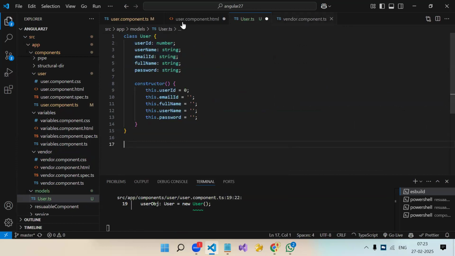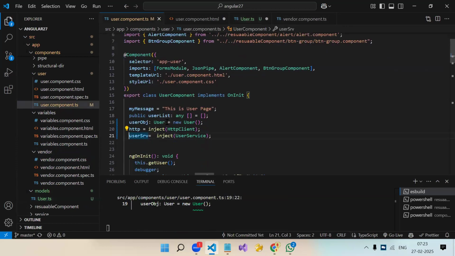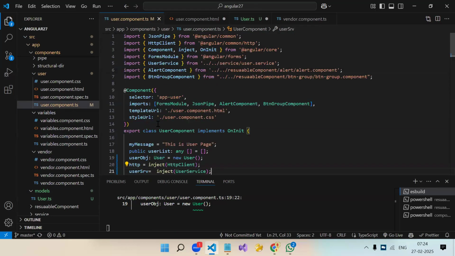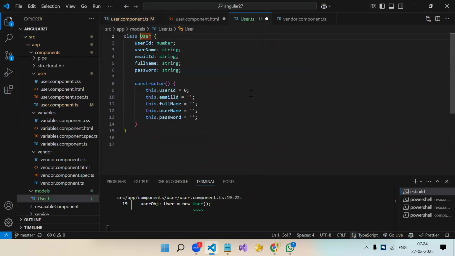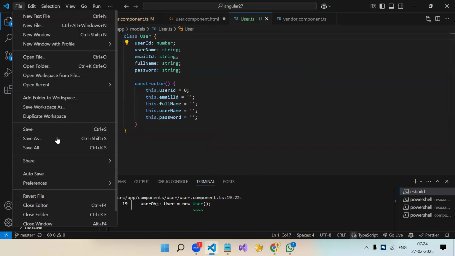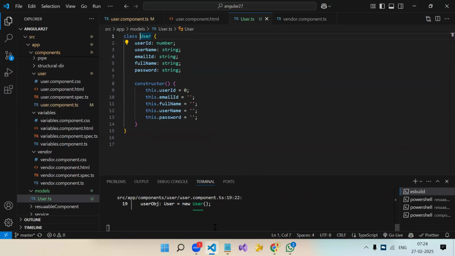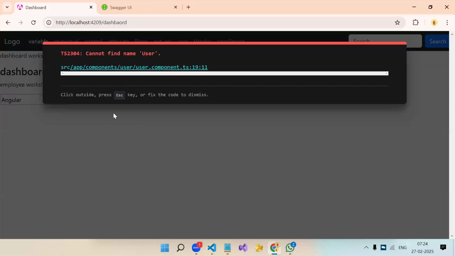Wait. How come we are using it over here? How is it accessible? We didn't add the export keyword. How come we are able to access it? Is it giving an error? Okay. So here it is giving an error.